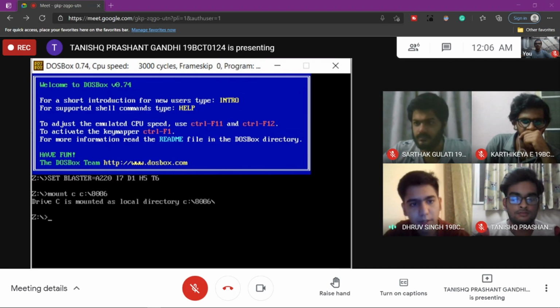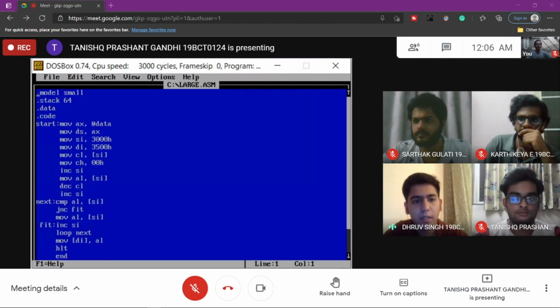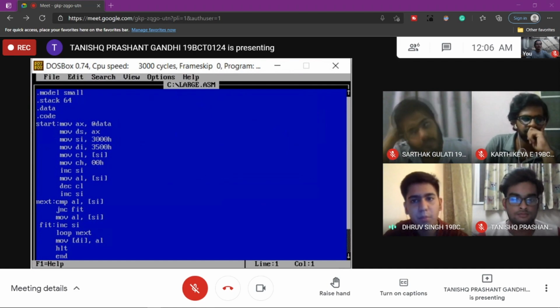First is mounting the C drive using the command mount c c:/8086. The next command is C:, which will shift the program into the C drive. Next we enter the command edit programname.asm, and after executing this command we get a blue window, which is where we'll write the assembler program.